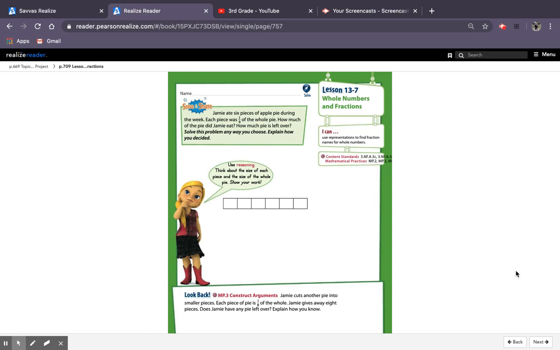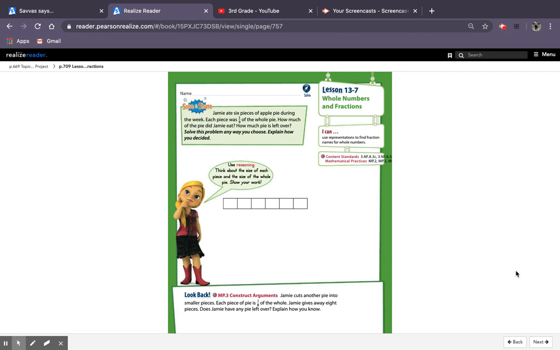Hey everyone, so in this video we're going to look at lesson 13.7, which is about whole numbers and fractions. Our I can statement is: I can use representations to find fraction names for whole numbers. So basically just writing whole numbers like 1, 2, 3, 4, 5, 6, 7, 8, 9, 10, and so on as fractions, because we can write whole numbers as fractions, and we're going to learn how to do that in